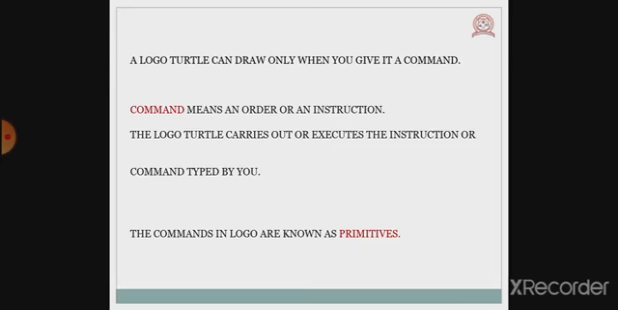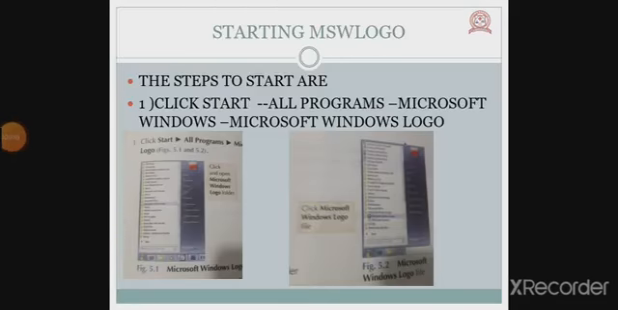Now, let us move ahead. Now, children, we will study starting MSW Logo. So, how to start MSW Logo? MSW Logo is a version of Logo for use with Microsoft Windows. So, MSW stands for Microsoft Windows. To start MSW Logo, the steps are: